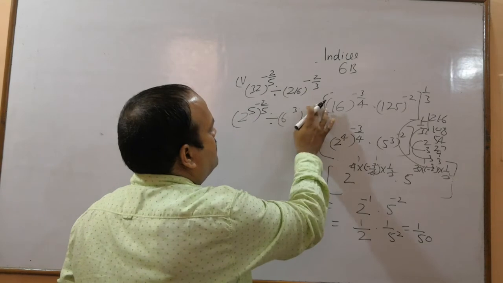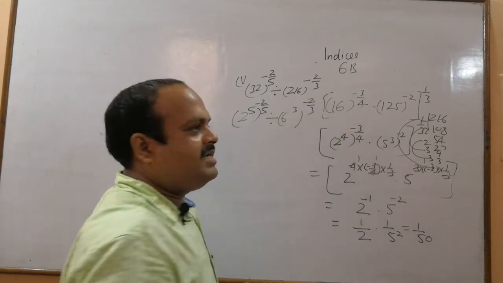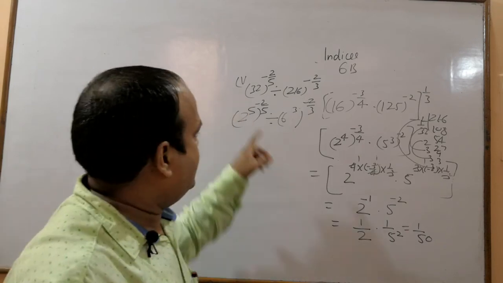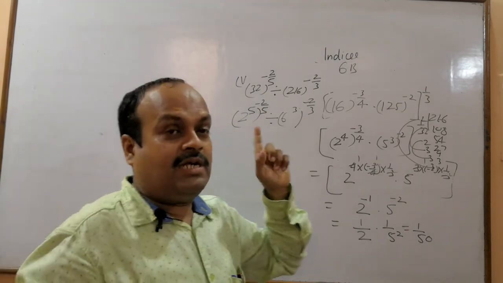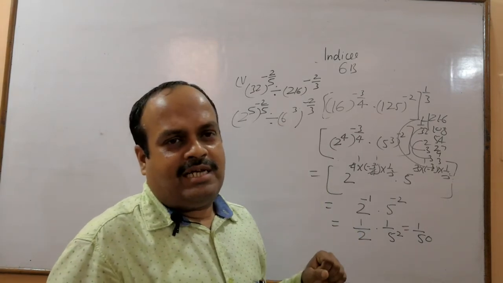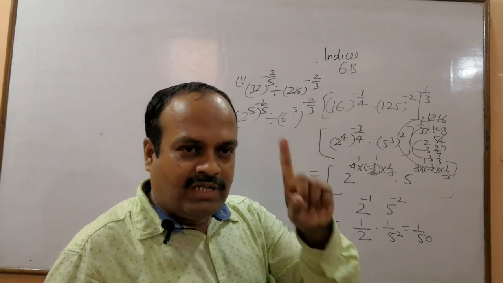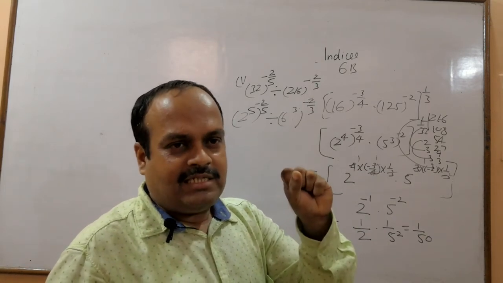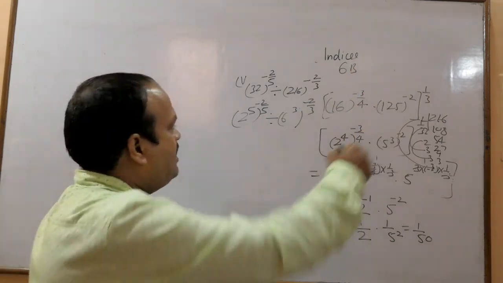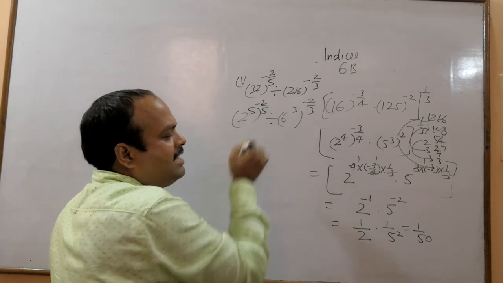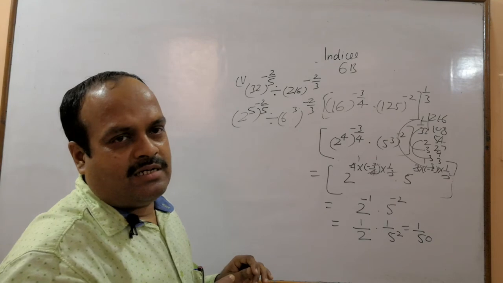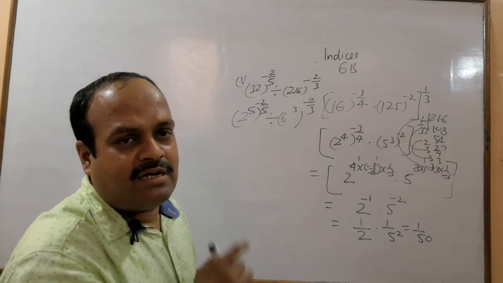raised to minus 2 by 3. Some of you make mistake, even some teachers make mistake, and they cancel out 5 by 5. No, my dear students, unless you apply the power law, how can you cancel it? Power law does one thing. Power law changes the power to the power into product of the powers. So unless you use the power law, please don't cancel out 5 by 5. Some of the students do, and they make mistake, even though they get the correct answer, but the procedure is wrong.